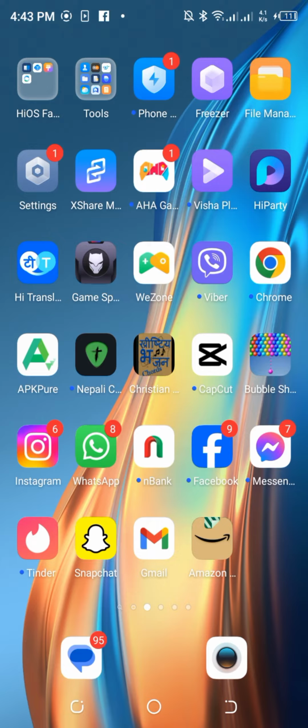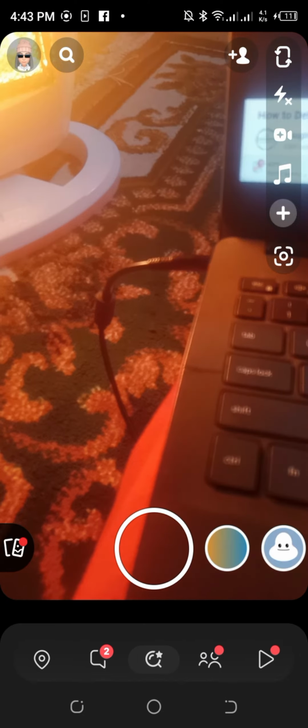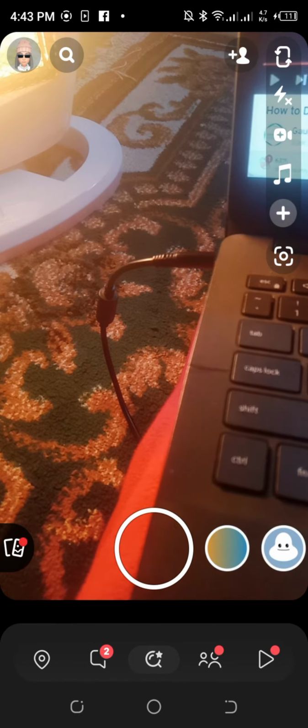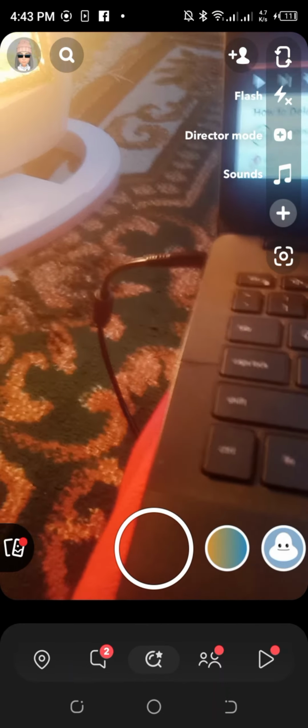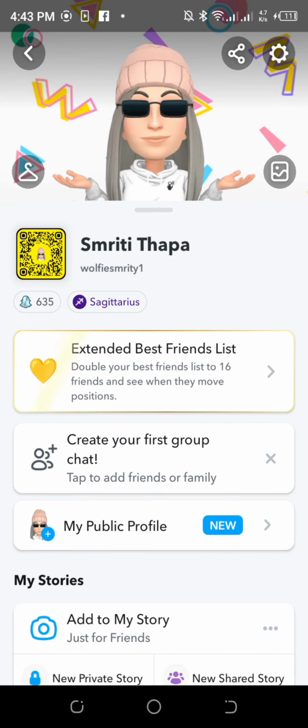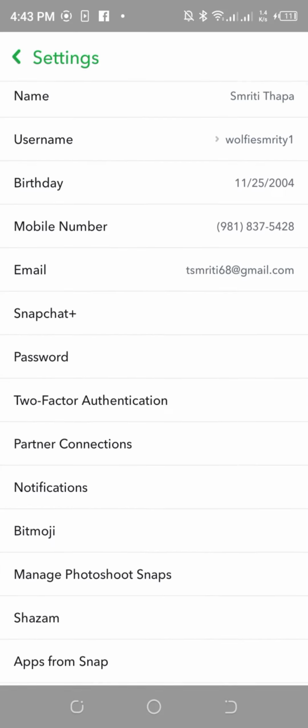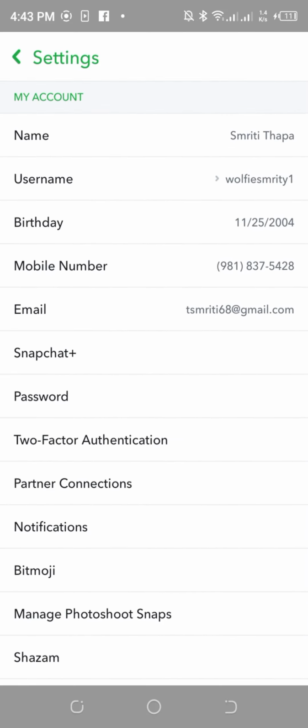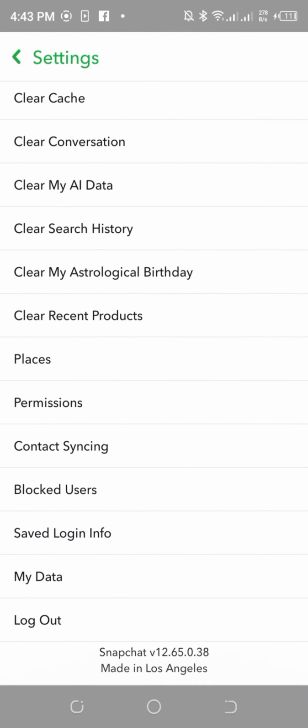First, simply launch your Snapchat app and navigate to your profile, which is on the top left corner. And here we could see the gear on the top right corner, that's the settings. Tap on it and it's my account, we could see, and we have to scroll all the way down, and in that it says logout. You simply have to tap on that section to log out your Snapchat account, just like